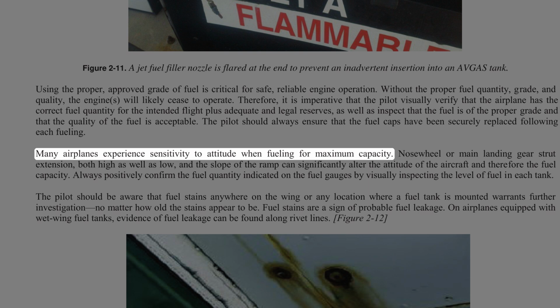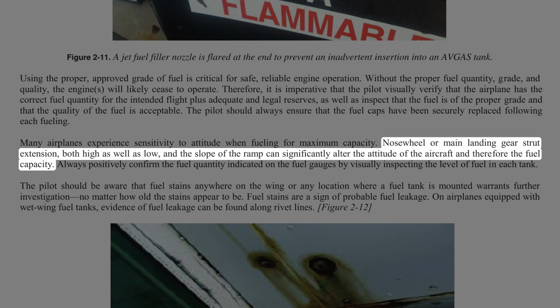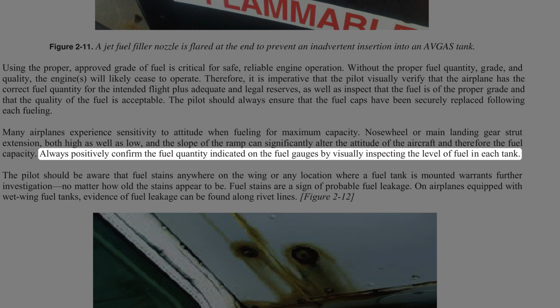Many airplanes experience sensitivity to attitude when fueling for maximum capacity. Nosewheel or main landing gear strut extension, both high as well as low, and the slope of the ramp can significantly alter the attitude of the aircraft and therefore the fuel capacity. Always positively confirm the fuel quantity indicated on the fuel gauges by visually inspecting the level of fuel in each